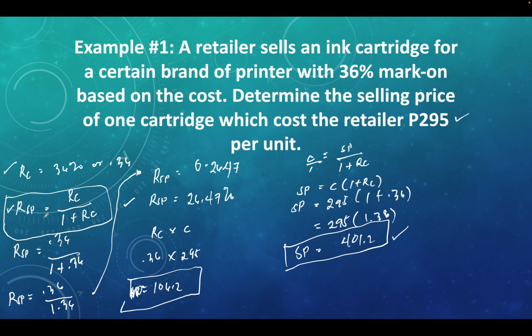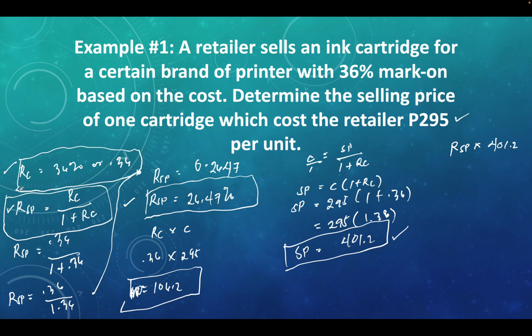Confirm muna natin kung tama ba siya. Multiply muna natin si rate based on cost, rate based on selling price. Multiply natin siya sa selling price natin, which is 401.2. So, rate based on selling price natin, which is this one, we have 26.47. Pag ginawa natin yung decimal, we will have 0.2647